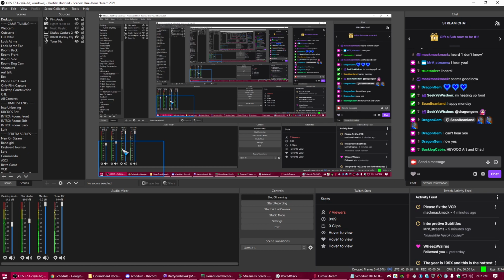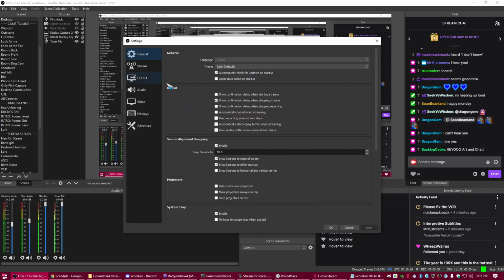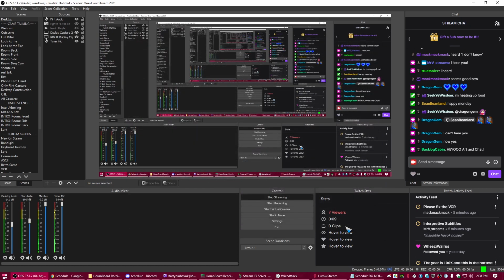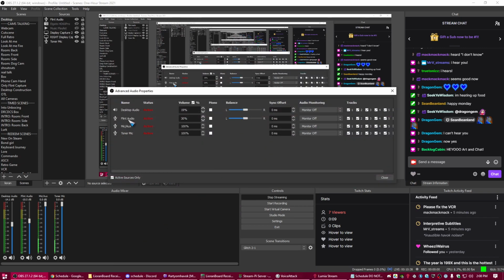See what I mean? So I had to add this in with settings by going into here, and I don't know why. I've been doing it the way I've been doing it for well over a year now. So I had to add it in here. Never had to do this. I have no idea what its issue is. When I come in here and look at this, monitor off, it's all set up right.